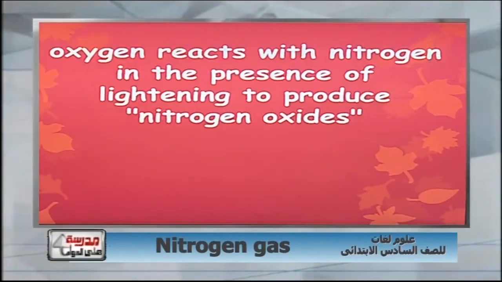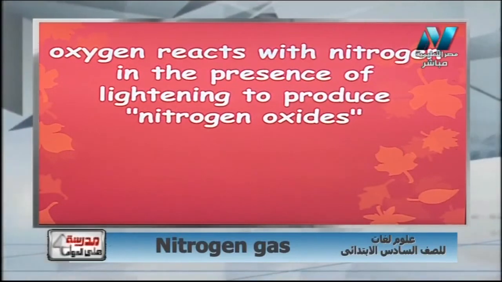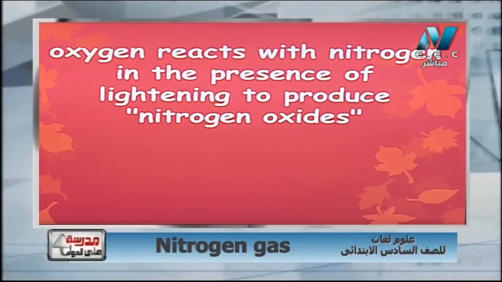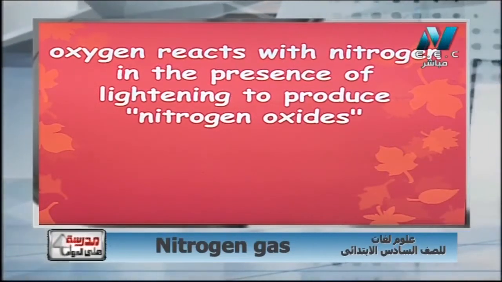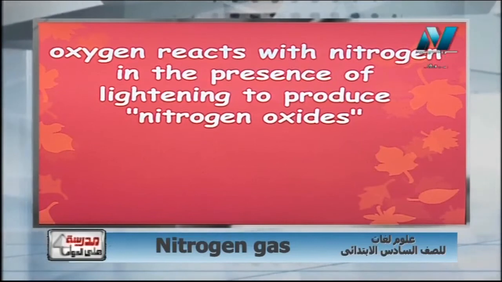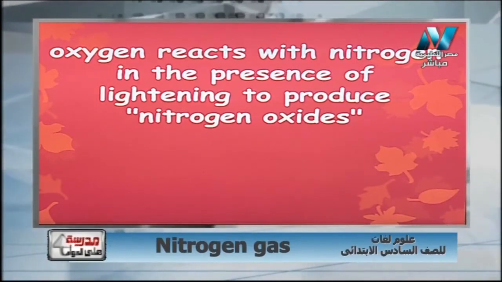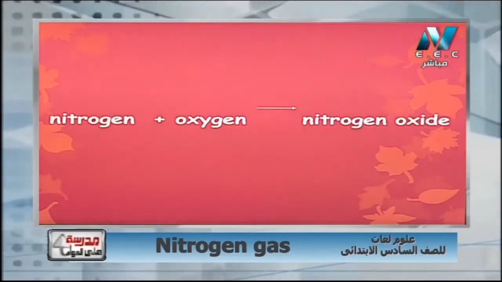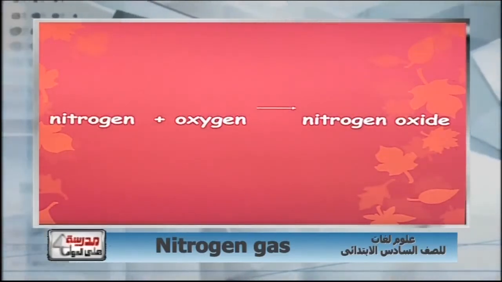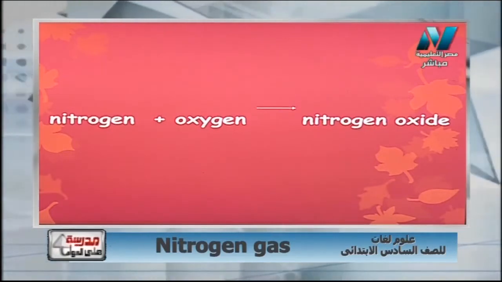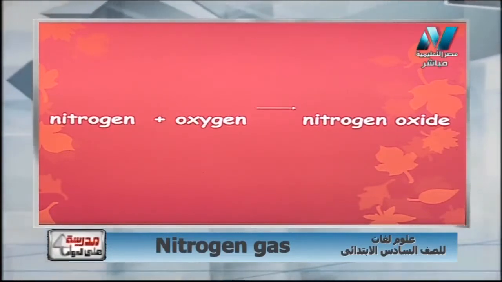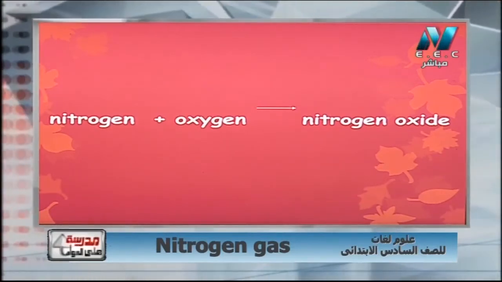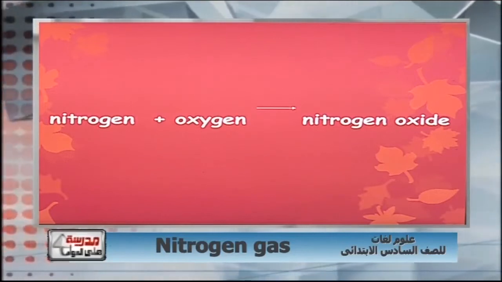So now we can say nitrogen or oxygen react with nitrogen. Both of them can react with each other. Oxygen reacts with nitrogen or nitrogen reacts with oxygen in the presence of lightning في وجود البرق في أثناء البرق يعني to produce nitrogen oxide عشان يكون حاجة اسمها nitrogen oxide وده غاز مضر جدا زي ما قلت من شوية. So now we can make an equation ممكن نعمل معادلة nitrogen plus oxygen equal nitrogen oxide وممكن كمان أقول أكتر معادلة plus oxygen for example aluminum plus oxygen aluminum oxide copper plus oxygen copper oxide iron plus oxygen iron oxide